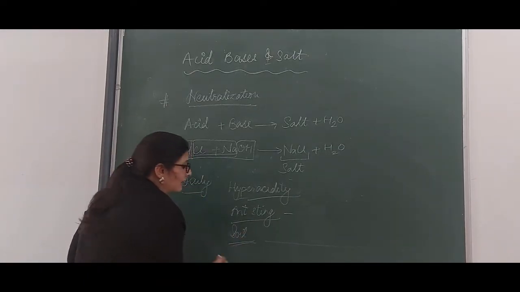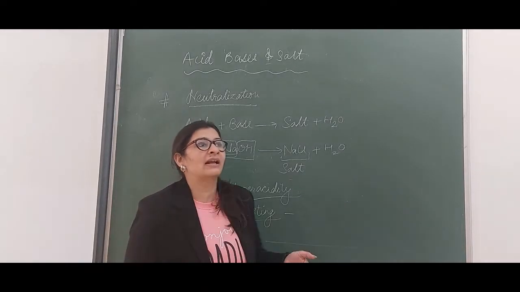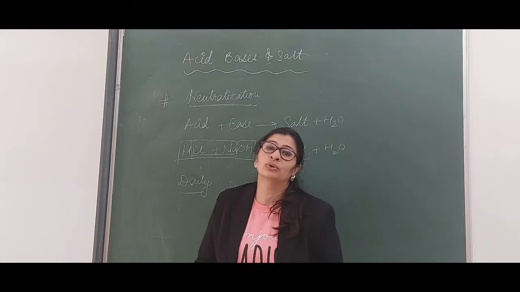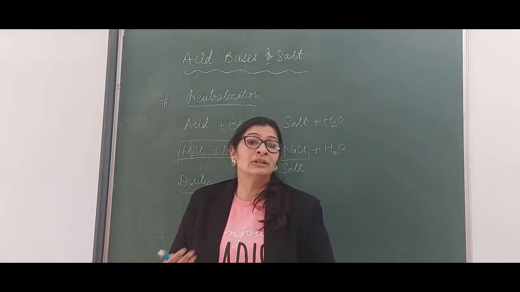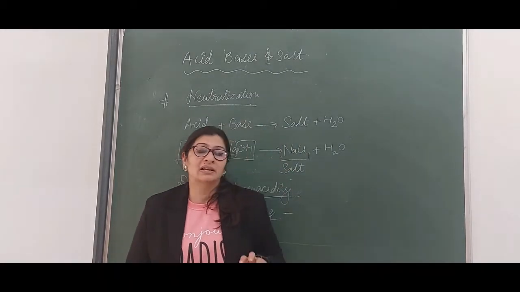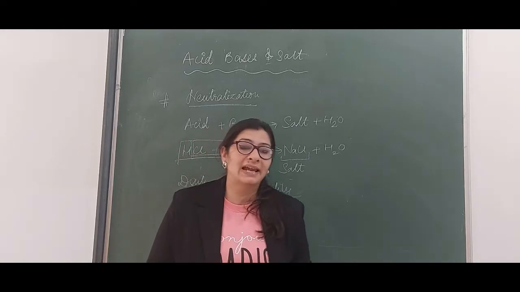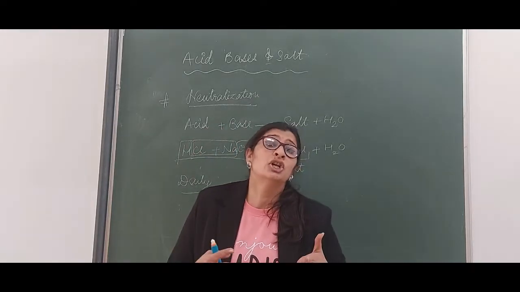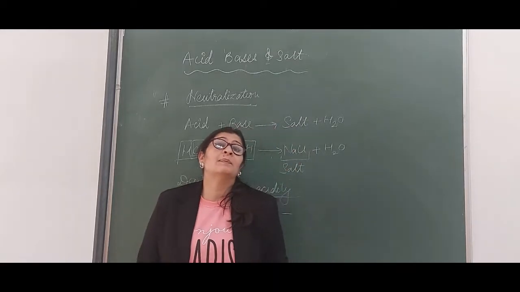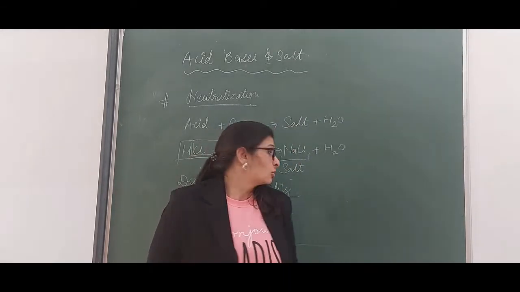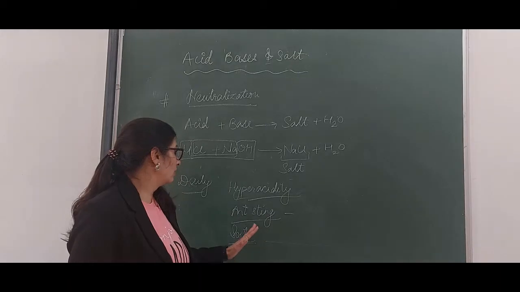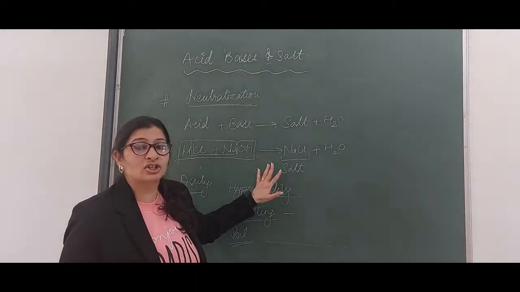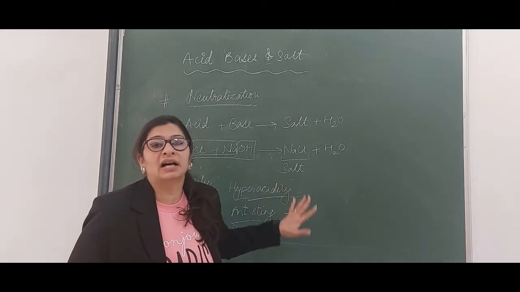In soil, sometimes because of the acid rain and because of some of the fertilizers and pesticides, soil जो होता है वो acidic हो जाती है. So in that case, we add some of the basic things, for example, quicklime, clay lime. We add in the soil to make it neutral, so that the plants can grow well in that. So these are some of the neutralization reactions which we use in our daily life.